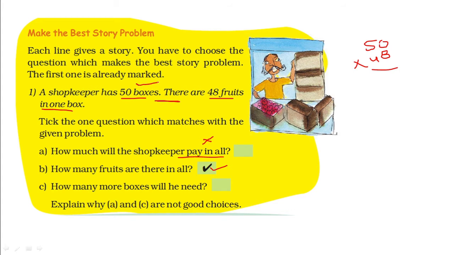There are already 50 boxes, so nothing like this. So only this question is correct. Okay, so in this way we have to select the question. So the next question is